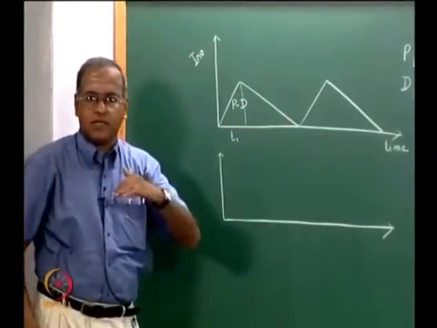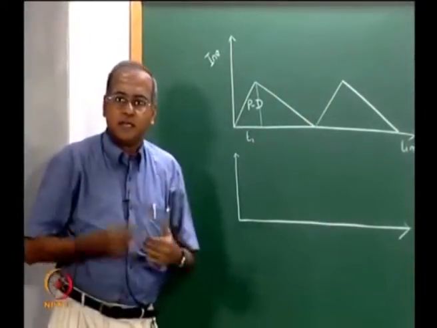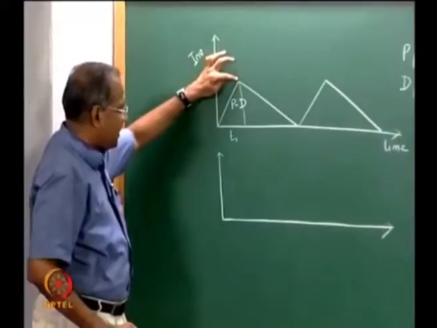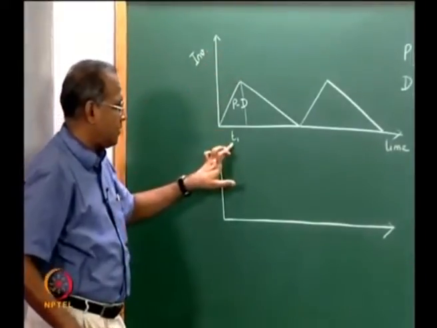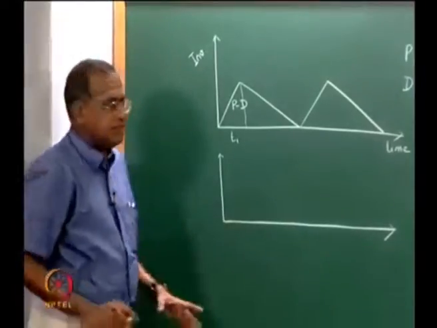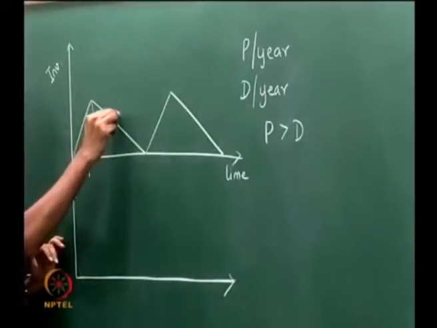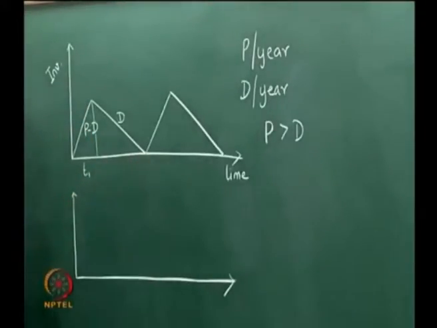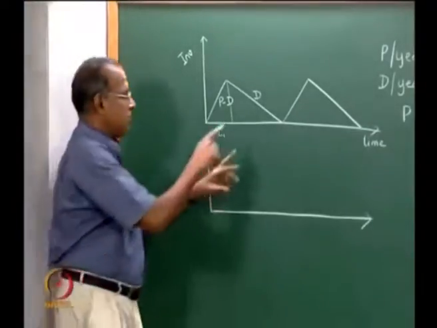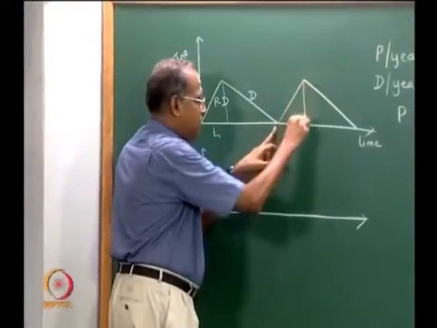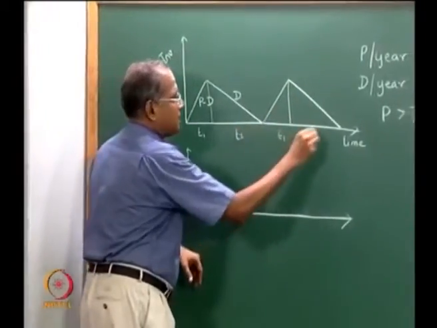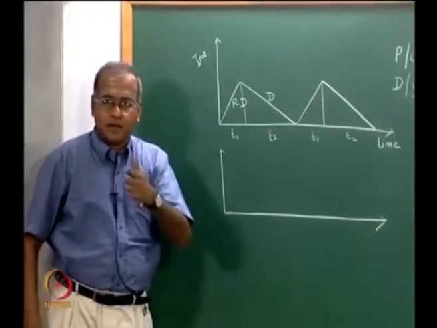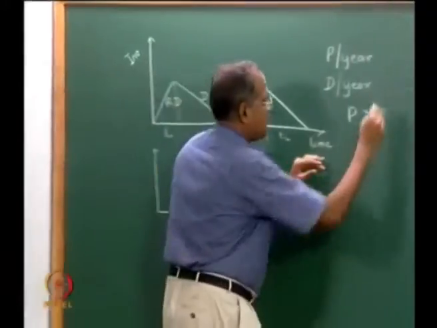but this graph is for the item and not for the facility that is producing the item. So, as far as the item is concerned, inventory is built up at the rate of P minus D for a period T1, production stops, and then this inventory is consumed at the rate of D till the inventory position reaches 0, then the cycle starts all over again. So, once again from here it is produced for a period T1 and again consumed for a period T2 and so on. So, we derived the expression for the economic batch quantity, which was called EBQ,